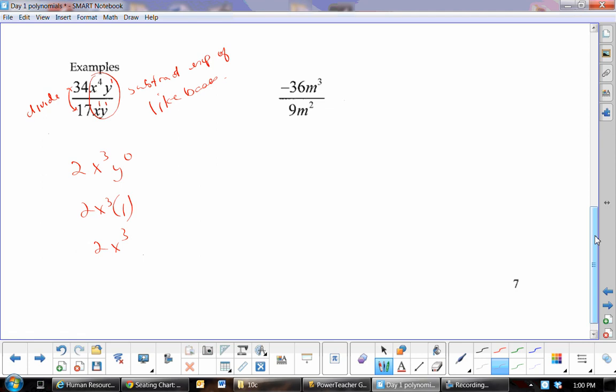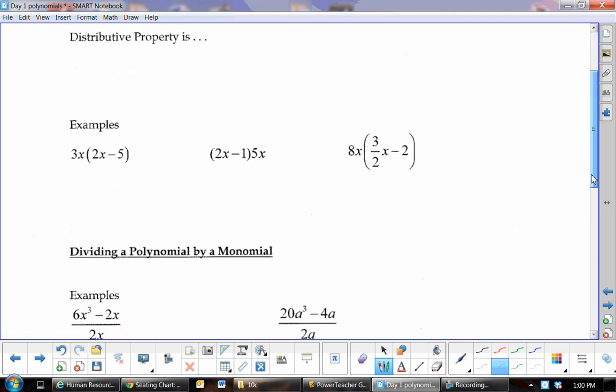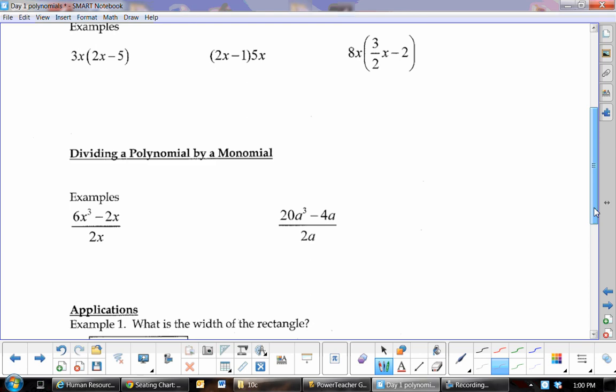Okay, now we're starting to mix things up with the distributive property. Now, the distributive property is very similar to the negative multiplied in. Instead of multiplying a negative in, we will multiply 3x in. So this is like doing 2 multiplication questions. So 3x times 2x is 6x squared, right? Add the exponents. And then 3x times negative 5,